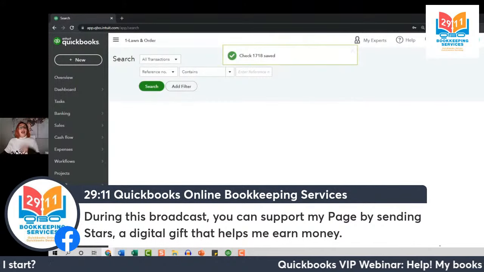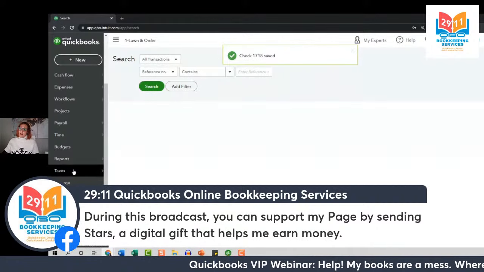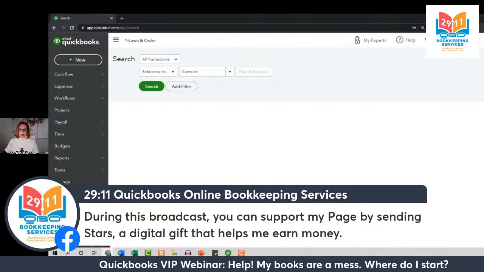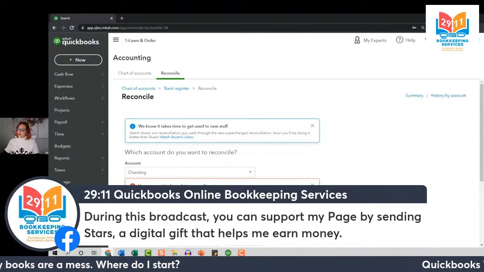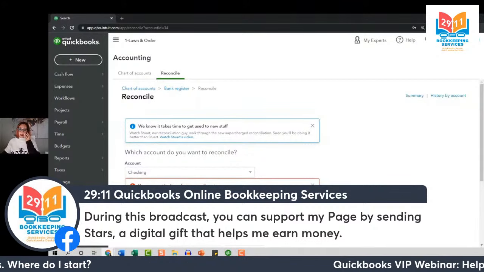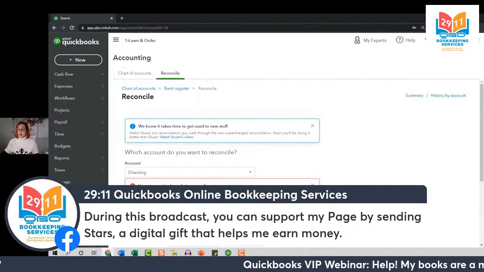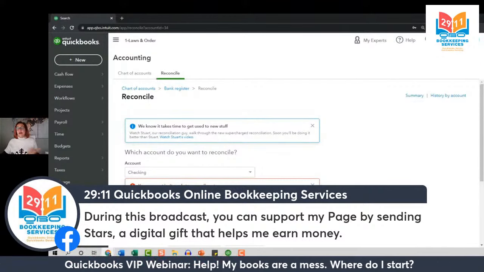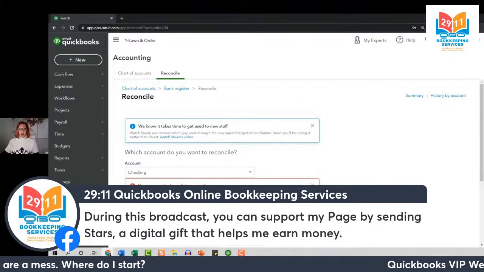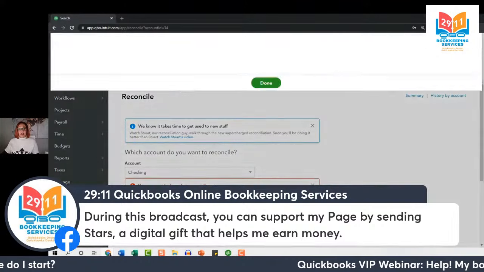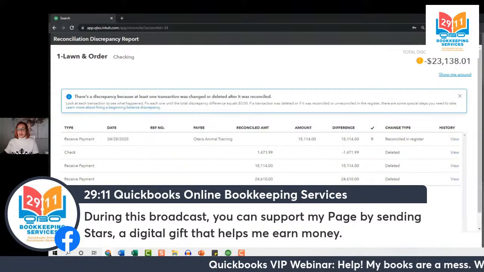There we go. Now let's go ahead and head back all the way down, back to our reconciliation screen. And you'll notice something. Our beginning balance is off by less. Before, our beginning balance was about $40,000. And now with the addition of that extra payment that we reconciled in the register, that caused our beginning balance to change. And it's actually off by less. If we select, we can help you fix it. We can see it right here.